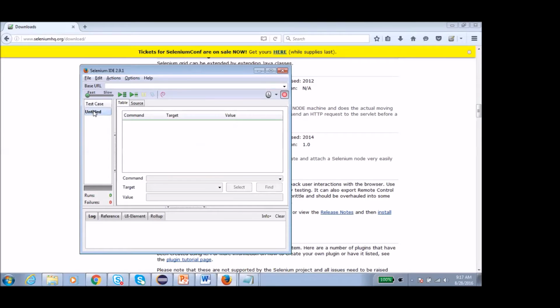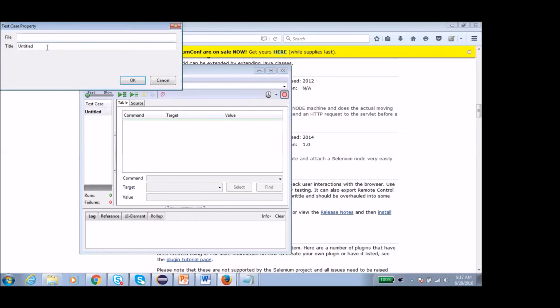Here we can see it has a default test case that is untitled. When we right click on this test case and go to properties, it will open a window and we can rename it. So we can rename it as IDE test.